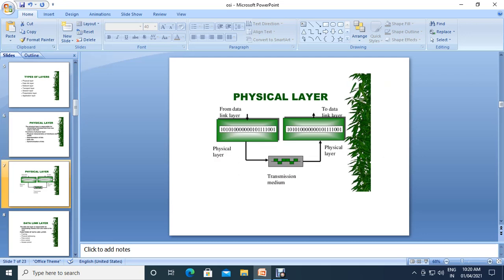So, when we are transmitting our data using the physical layer, the data is converted into bit format. That means the data is transmitted in electrical signal format only. The electrical signals are in zeros and ones format, or binary format. In the physical layer the data is converted into bit format, and using the physical transmission media it is sent to the receiver machine. Okay, at the receiver machine the physical layer takes the bits from the physical medium, converts them into actual data and sends it to the data link layer, which is the upper layer of the physical layer.